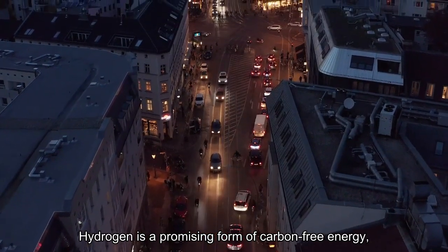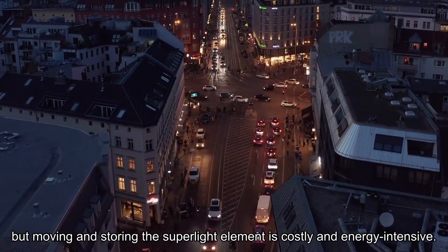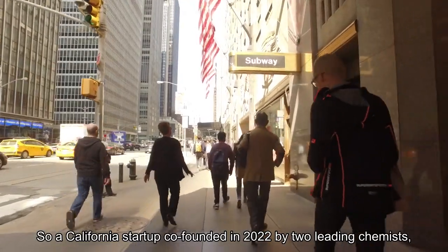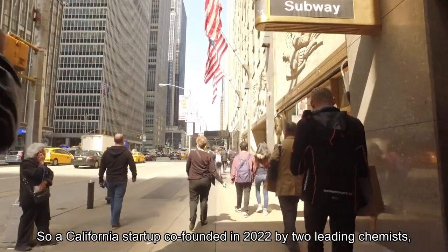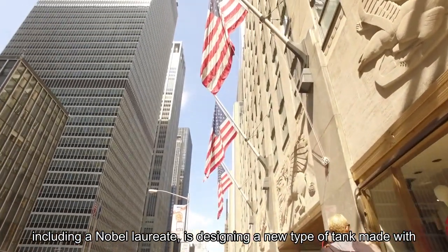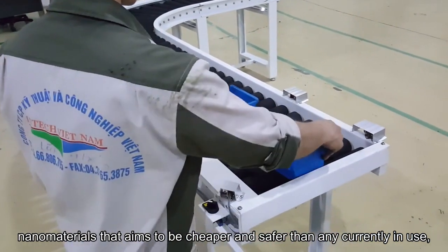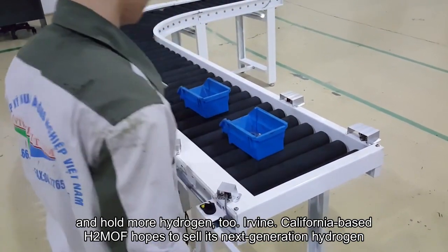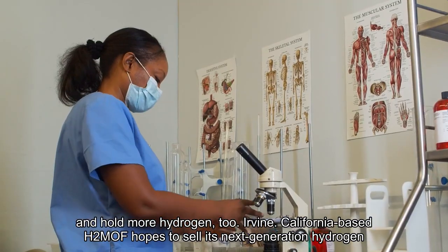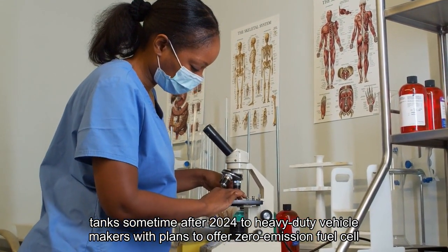Hydrogen is a promising form of carbon-free energy, but moving and storing the superlight element is costly and energy-intensive. So a California startup co-founded in 2022 by two leading chemists, including a Nobel laureate, is designing a new type of tank made with nanomaterials that aims to be cheaper and safer than any currently in use, and hold more hydrogen, too. Irvine, California-based H2MOF hopes to sell its next-generation hydrogen tanks sometime after 2024 to heavy-duty vehicle makers with